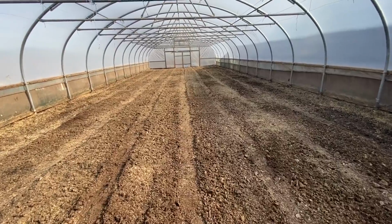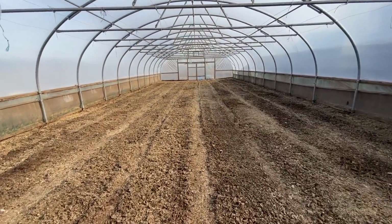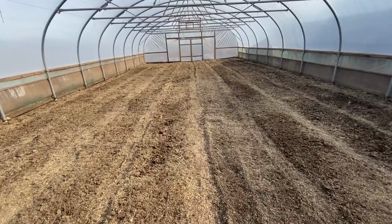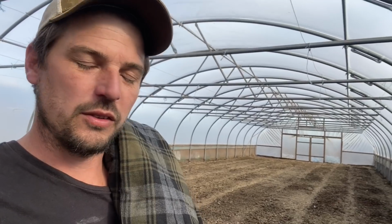Deleted the video by mistake of a little time lapse of me doing it, but we're ready to put back on compost. We'll do that as a big group effort tomorrow morning, get this up and ready. So this space still characteristically grows more value in eggs in the winter than it can in summer in crops, and that's just the way it is. Eggs, you can fit 800 hens in here and lay quite a lot of value of eggs, 40,000 euros of